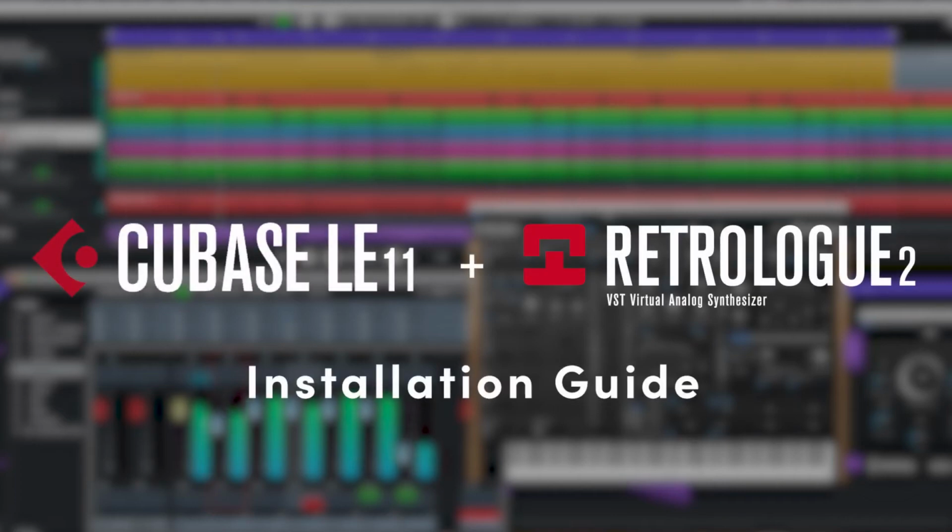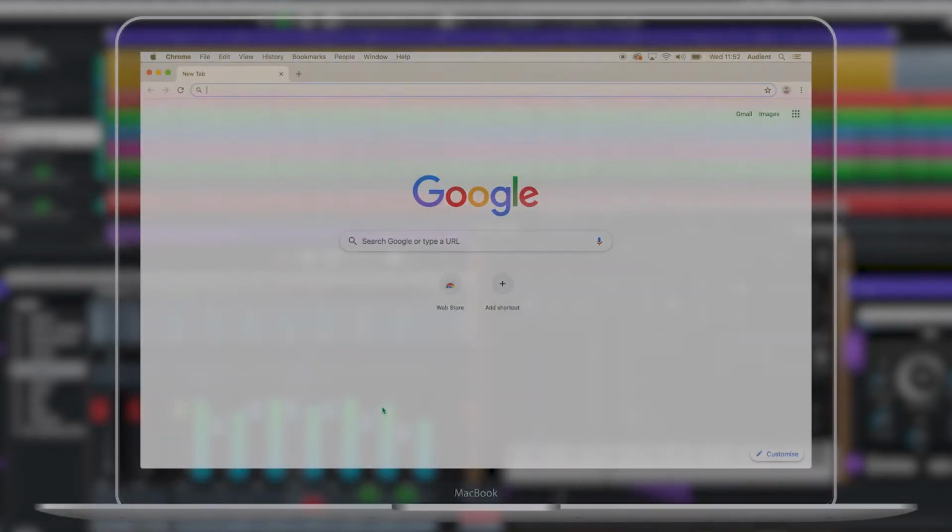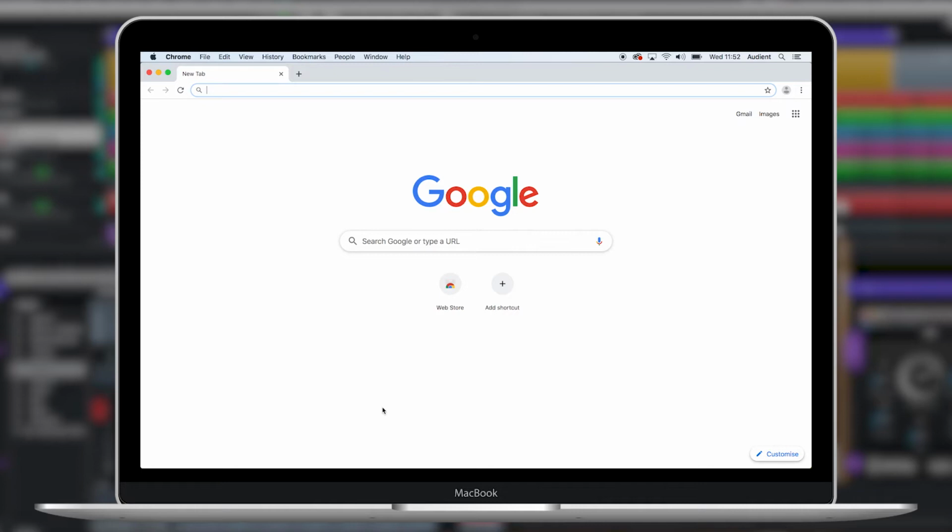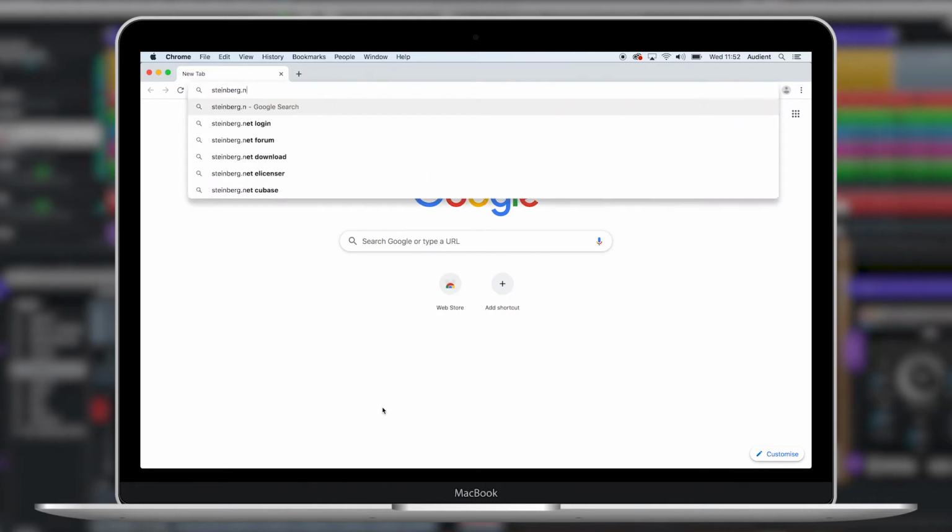In this video, we will show you how to download, install, and activate your free copy of Cubase LE11 and Retrologue 2 as part of Audient Arc. This installation process works the same on both Mac and Windows. Start by heading to